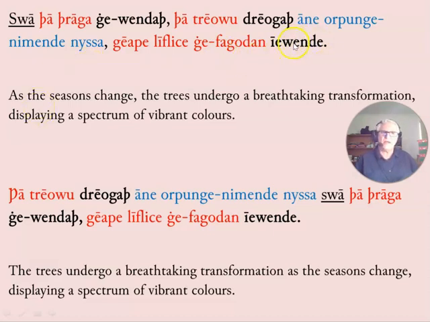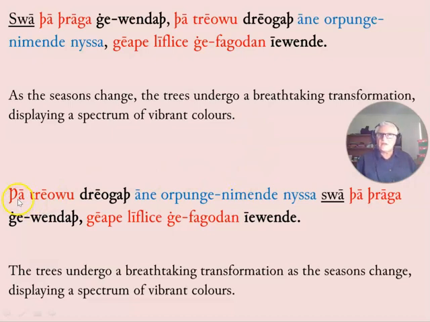Displaying Iowenda, spectrum of vibrant colours. Geapa leaf leacher, Yafachadan. Yeah, good fun with that one. All right, so it was a matter of playing around a bit. Some of these took me a little while to translate them. Now, same thing again, if we want to take the subordinate clause and stick it out front because we want to emphasize this displaying a spectrum of vibrant colors, then we could say,